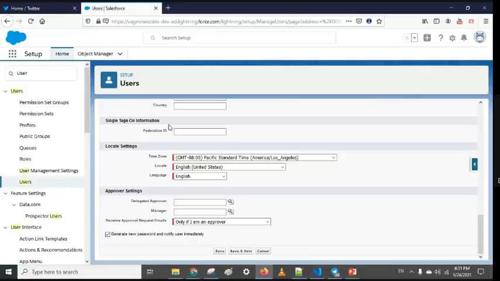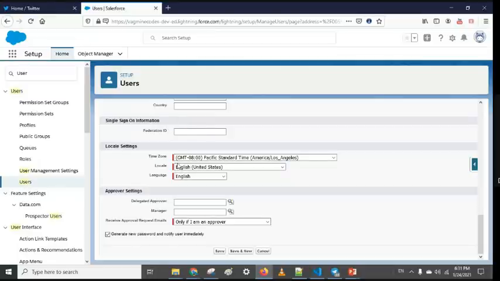Now, if I want to enable SSO from one system, I have to map both users. For mapping purposes, whatever string element we use, we have to put that string element in the Federation ID. You can think of that as a mapping value between two Salesforce orgs. So there we will use single sign-on information.